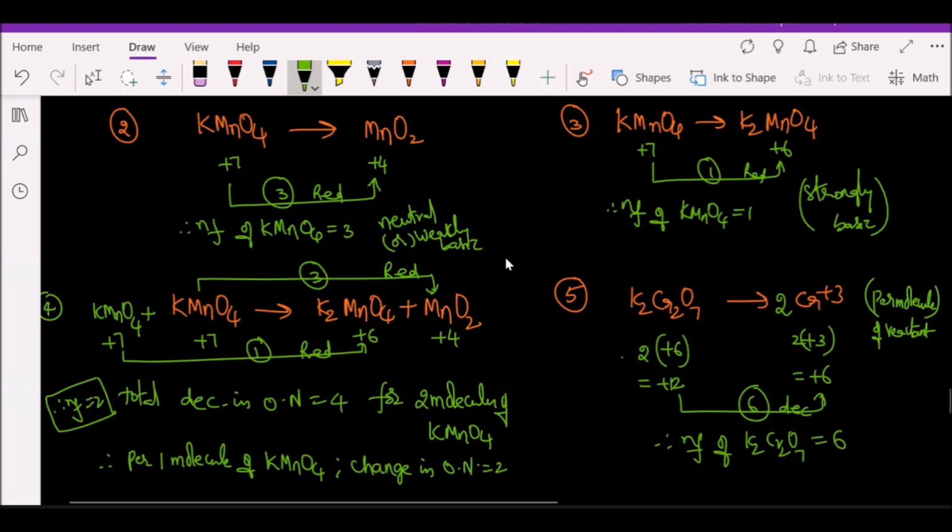Mr. Divit? Sir, that means we should balance the equation, sir. No need, only the principal atoms, not all. See, for example, if you have a doubt, in the fourth example, how many atoms do we have in total? On the left side 8 we have, on the right side only 6. Understand? So I am not balancing the equation and there is no need for balancing the equation. Only the principal atom is enough. Got clarity?